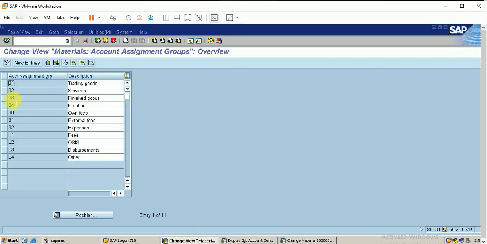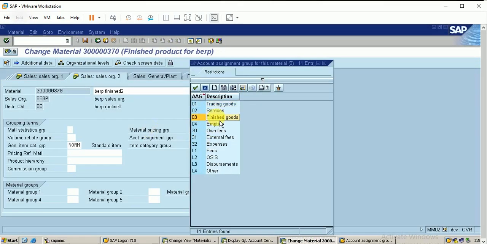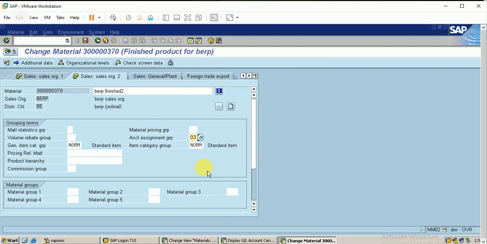Okay, let me go to this. This is a finished good. So I just link the 03 in the material master here. Just click here, finished goods. So my account assignment group will be 03. So let me save this material.